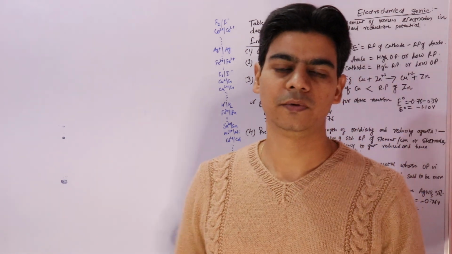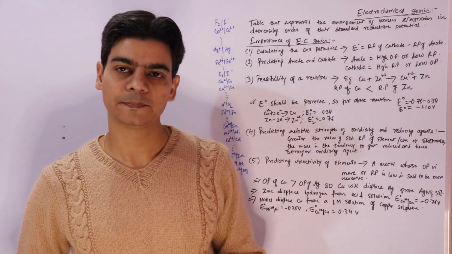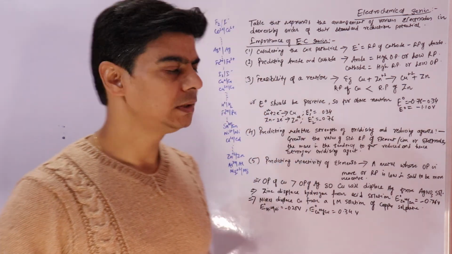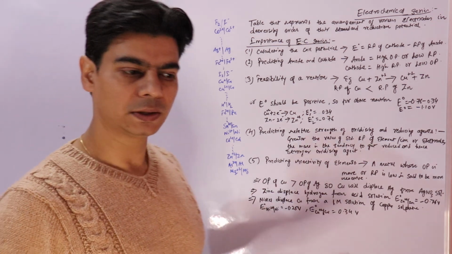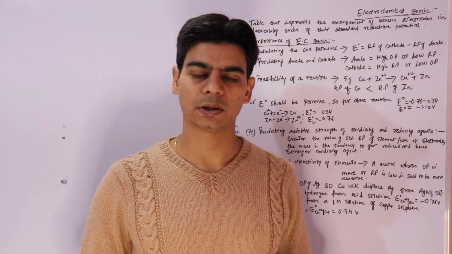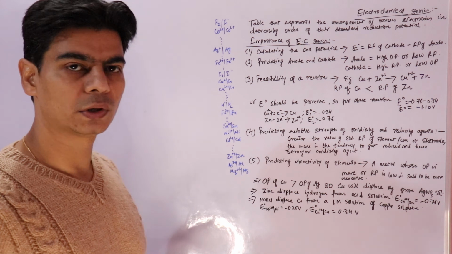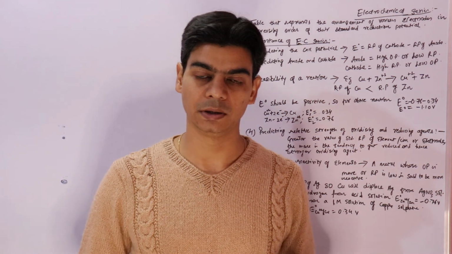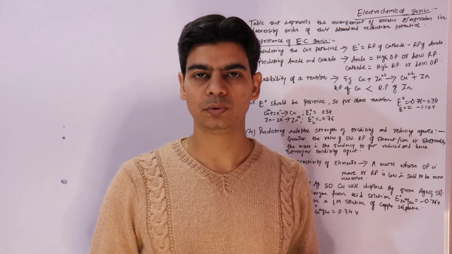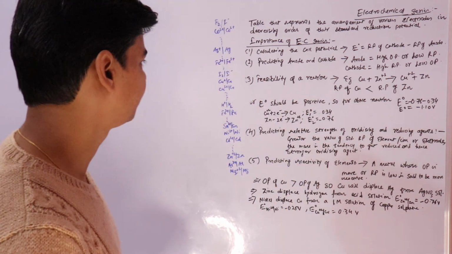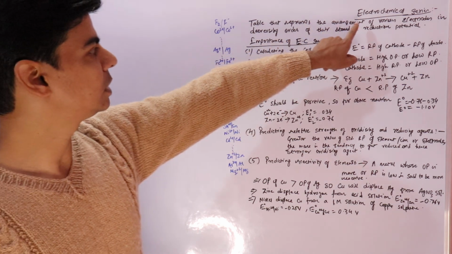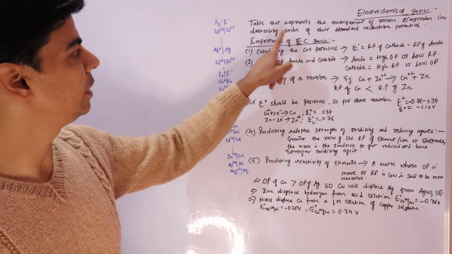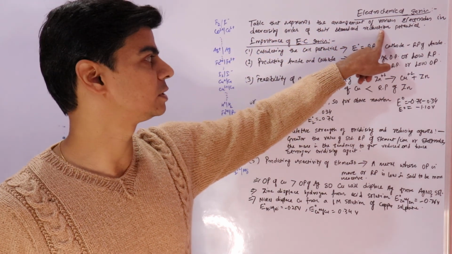In this video lecture, we will talk about the electrochemical series. The electrochemical series is a series where these metal electrodes are arranged in decreasing order of their reduction potential. And we know reduction potential is the ability to get reduced, that is, the ability to accept electrons and get reduced. So it is a table that represents the arrangement of various electrodes in decreasing order of their standard reduction potential.